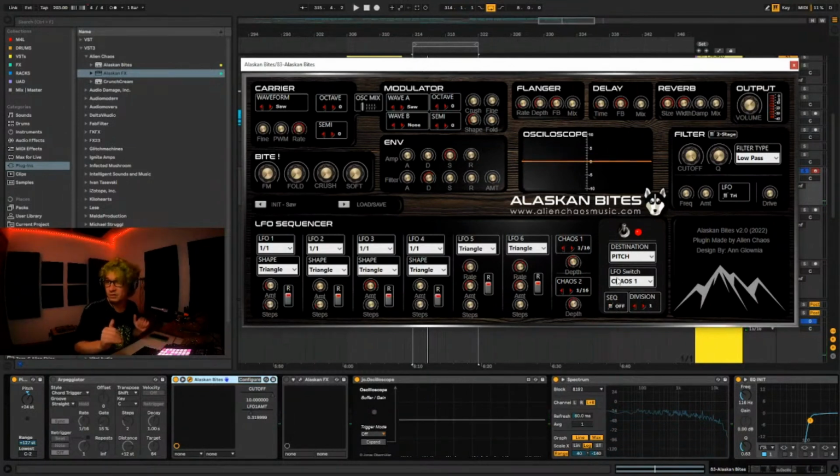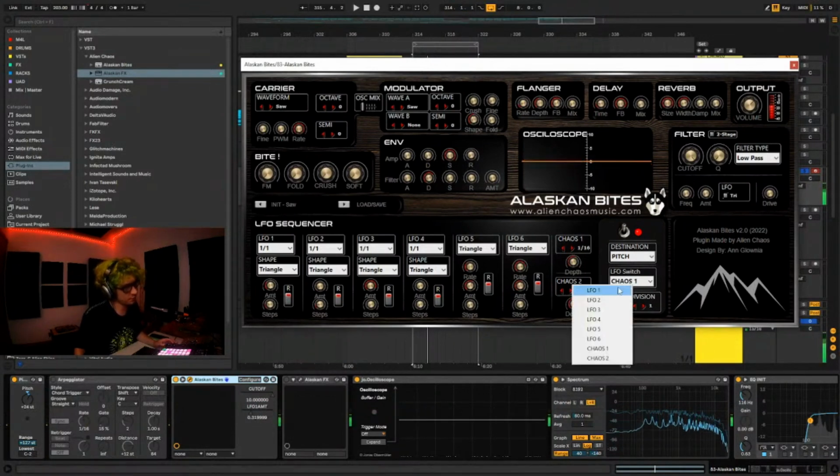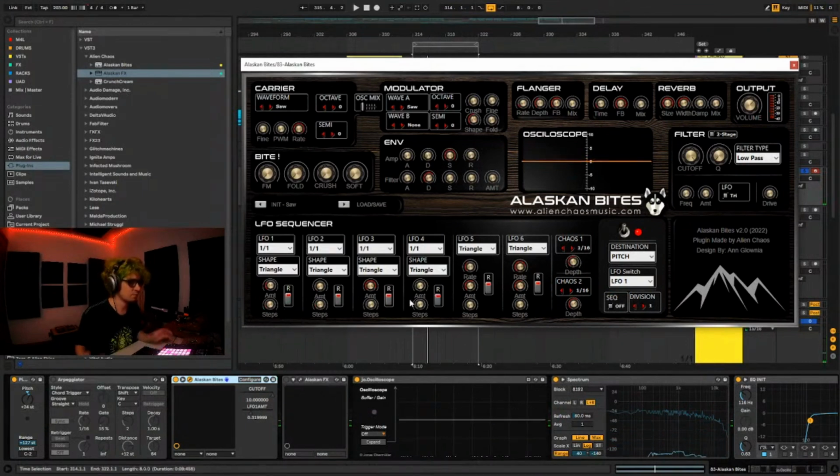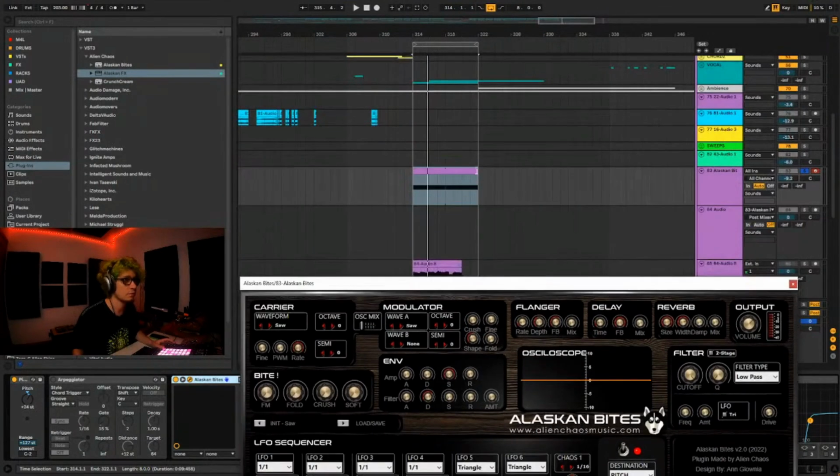For the Squelch, let me turn sequence off first. For the Squelch it's more, let's say, not robot stuff. It's more natural. So I don't use steps when I make the